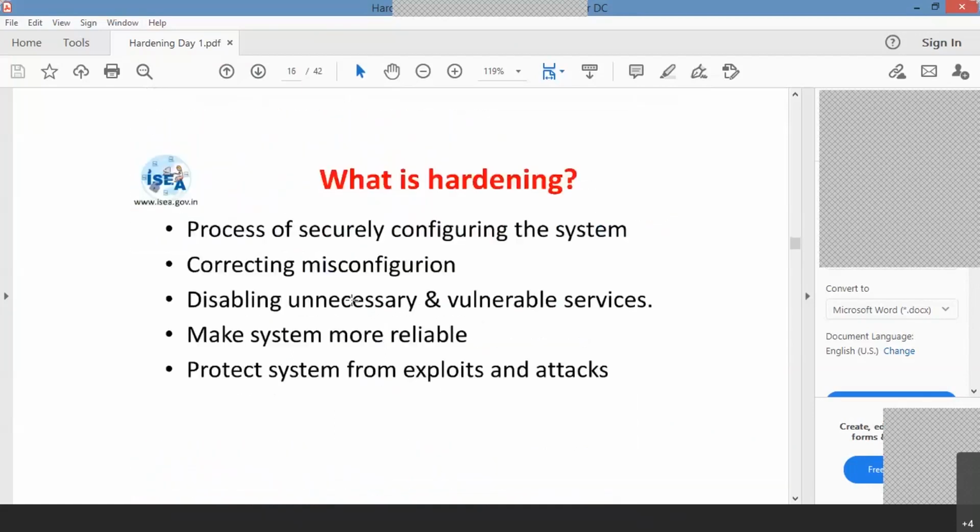So now coming to hardening. Hardening is nothing but the process of securing a system. The process may be your OS, or your server configuration. It's not like there is one server with an IP, you scan the IP, you get a result, and you can say your system is secure, your laptop is secure, your server is secure, your router is secure, your firewall is secure. It's not like that.